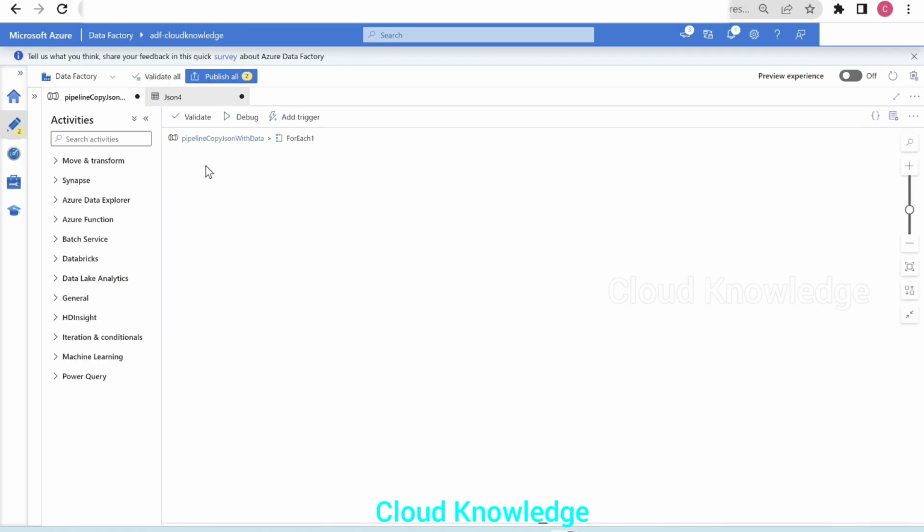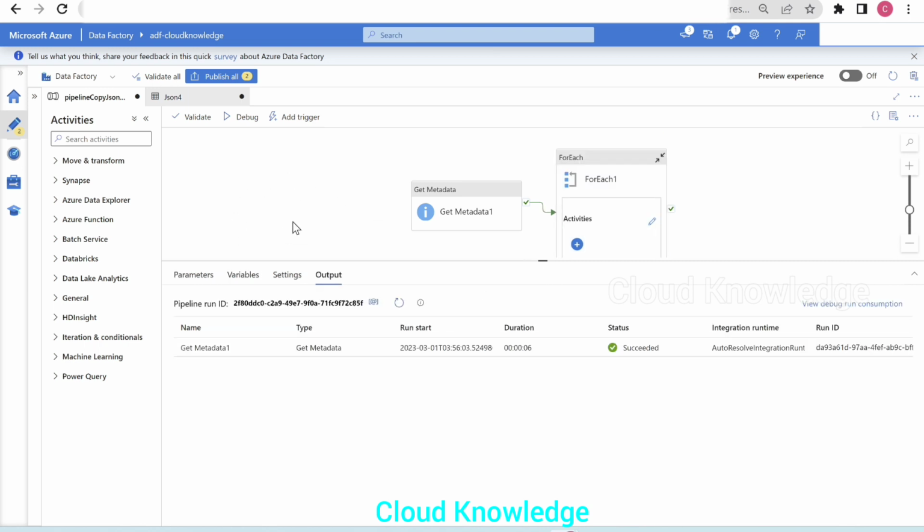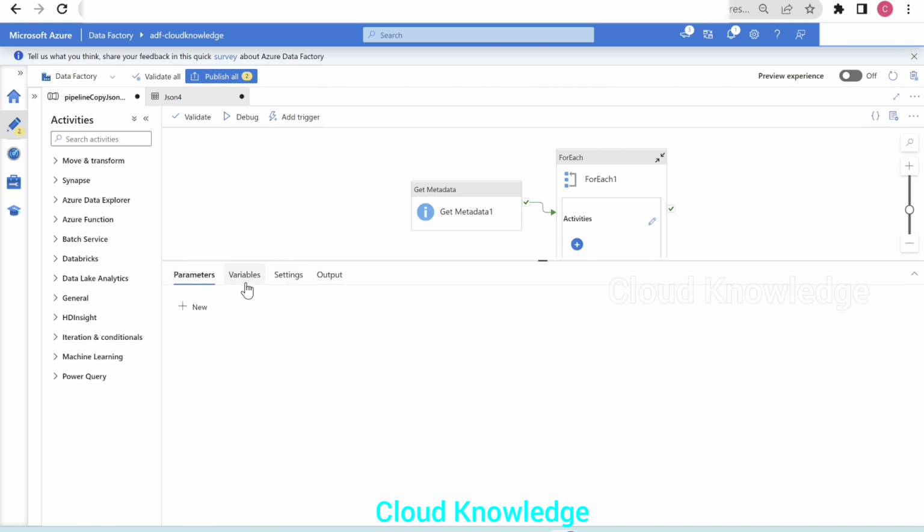So we'll go back here and we'll go to the original pipeline, and we'll go to the canvas, which is empty, without selecting any of the activities. Once you click on the empty space, you'll get 4 options: the pipeline execution output, parameters, variables. In the variable section, we'll click on plus new, and here we'll name the variable file name. We'll give it a simple name because we have these files present inside the folder and we have to traverse through these. So we have given the file name here. We'll leave the type and default value as is.